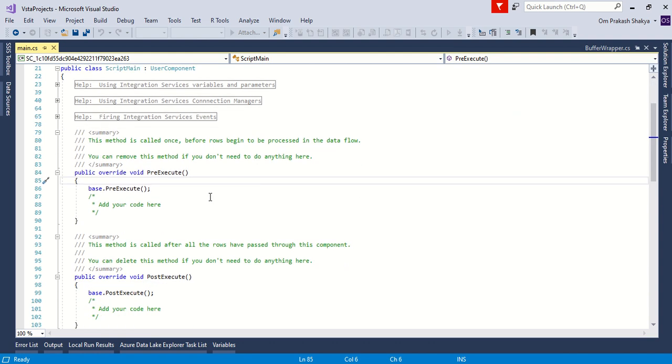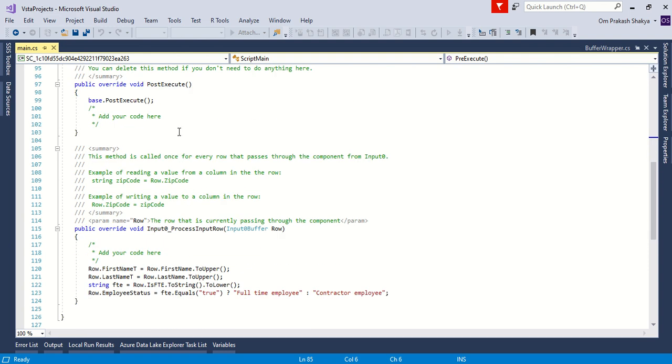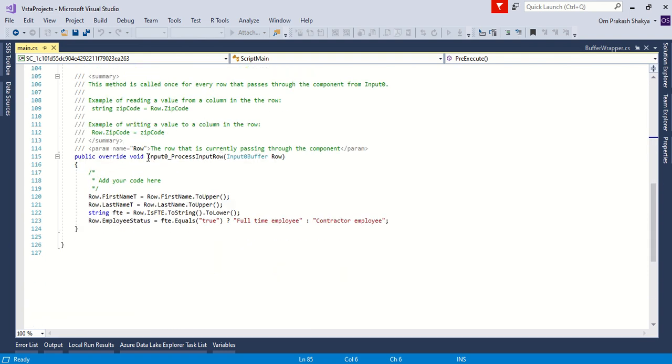Here you can see the predefined code, and we have Input0_ProcessInputRow. This is the place where we have written our code. We were getting the first name, last name, and is FTE, referenced from the Input0Buffer.